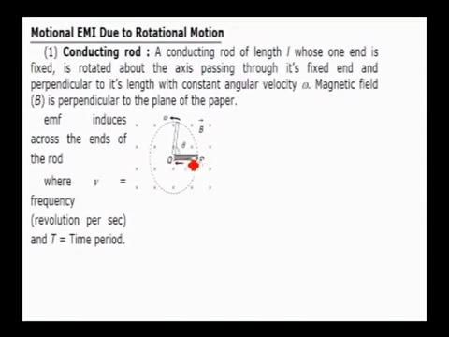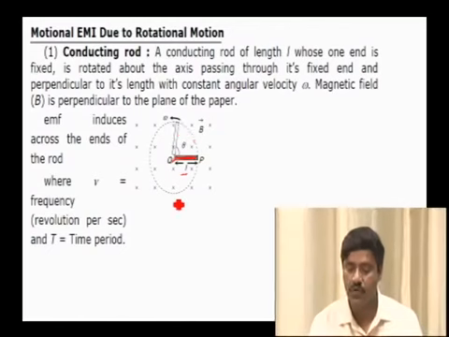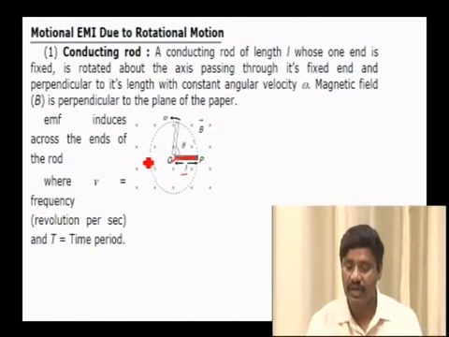In a similar way, we have one more example for the induced EMF. So look, there is a rod here. The rod has length L, where one end is fixed at point Q, and the other end describes a circle along the circumference, where the radius of the circle it describes is nothing but the length of the conductor. This conductor is made to rotate in a circle with a constant angular velocity omega. And this is B, the magnetic field. As I said in the last case, the magnetic field is acting perpendicular to the board, pointing in.